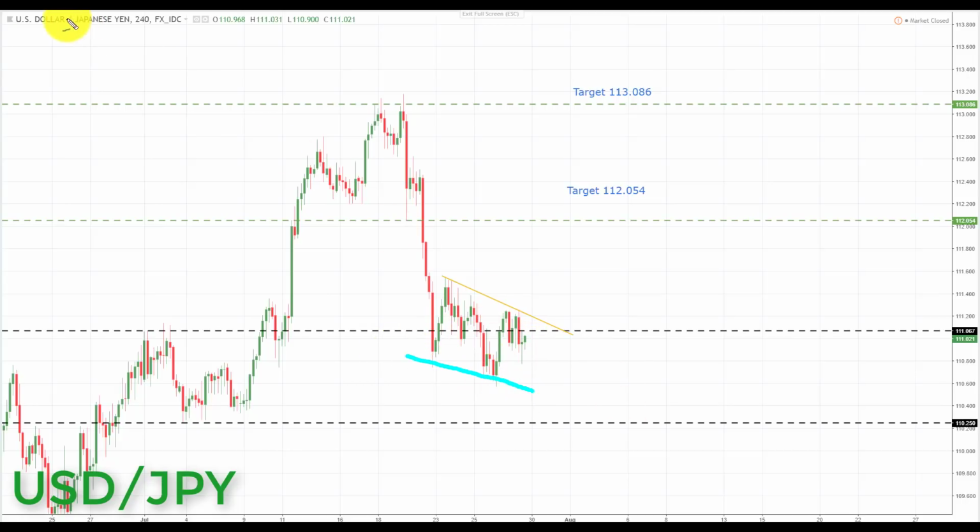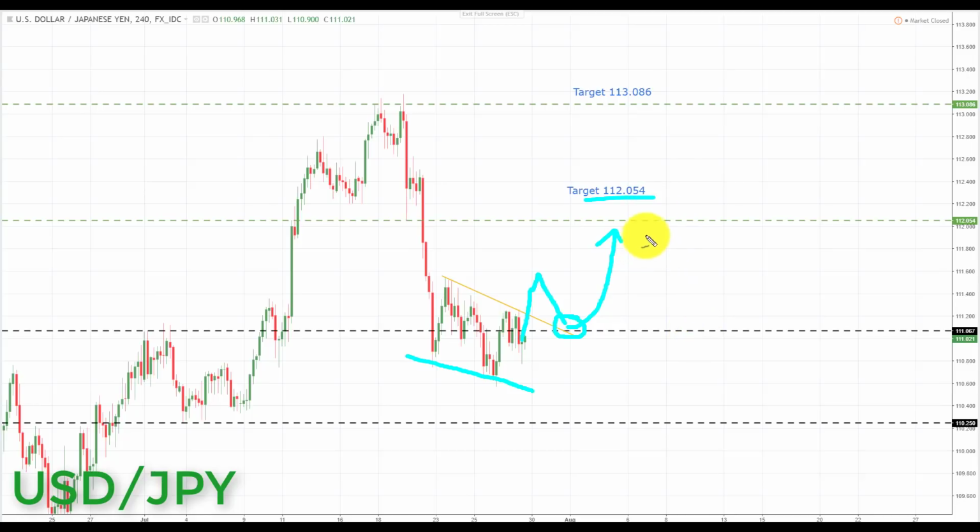So what I would like to see in the US dollar Japanese yen, especially with potential dollar strength next week, if we can get a break above the 111.067 and also out of this small corrective structure here, this is when I will start to look for a move down and a retest of broken support turning resistance once again at the 111.067. And if we get this kind of price action, this is going to be a great place then to start to look for bullish formations and patterns. We're going to be looking at initiating longs up towards the next key area of resistance to the upside and the target set at the